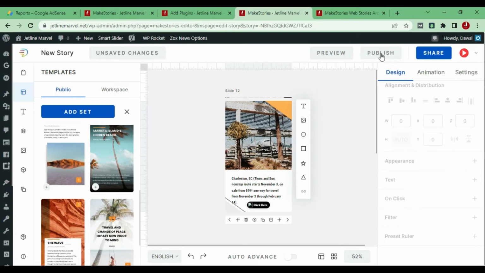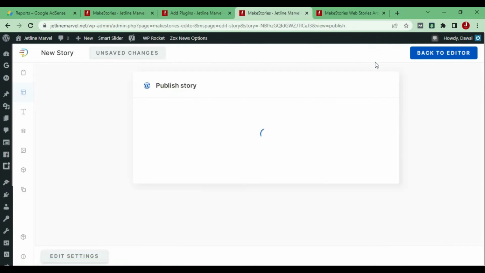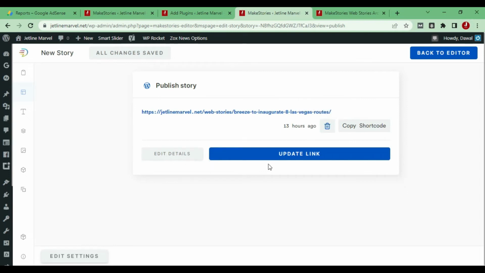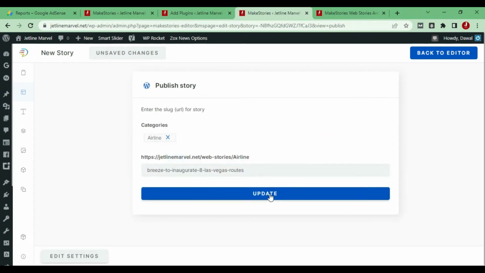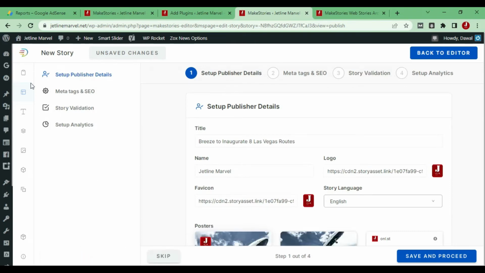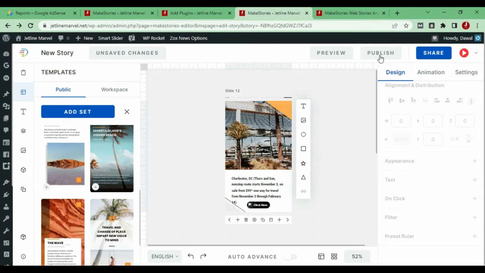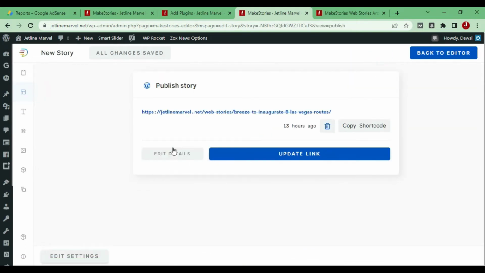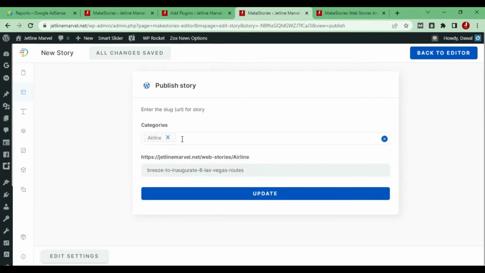And after this I just have to go here and publish stories. As I can see, the published stories are here. If I want to make any changes, I just go to edit details, where I can update the stuff over here. And edit settings, if I go here, as you can see, it is in the left corner. I'm just going here to publish. So this article is already published. If I want to change any small edit details, I can do it here on the category side. If I don't have any small editing, then I'll go to the left corner down,